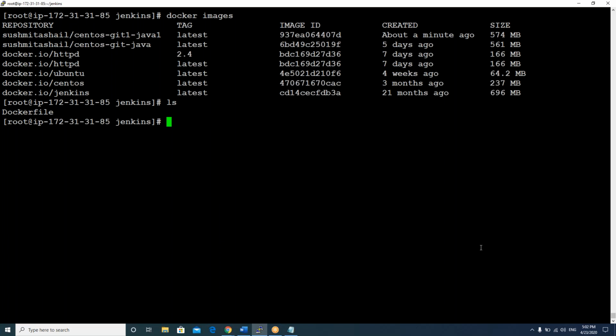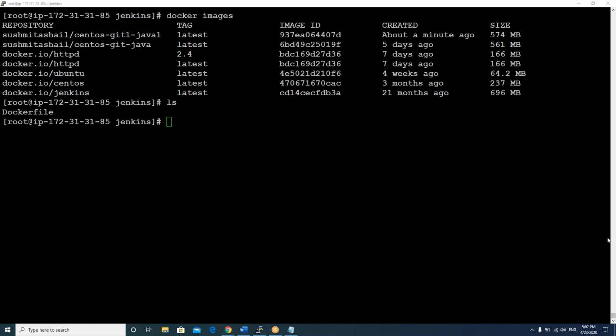I want to copy that file from my Windows box to my Linux box. How can I do that? We can use NFS. WinSCP, exactly. WinSCP is the commonly used product.